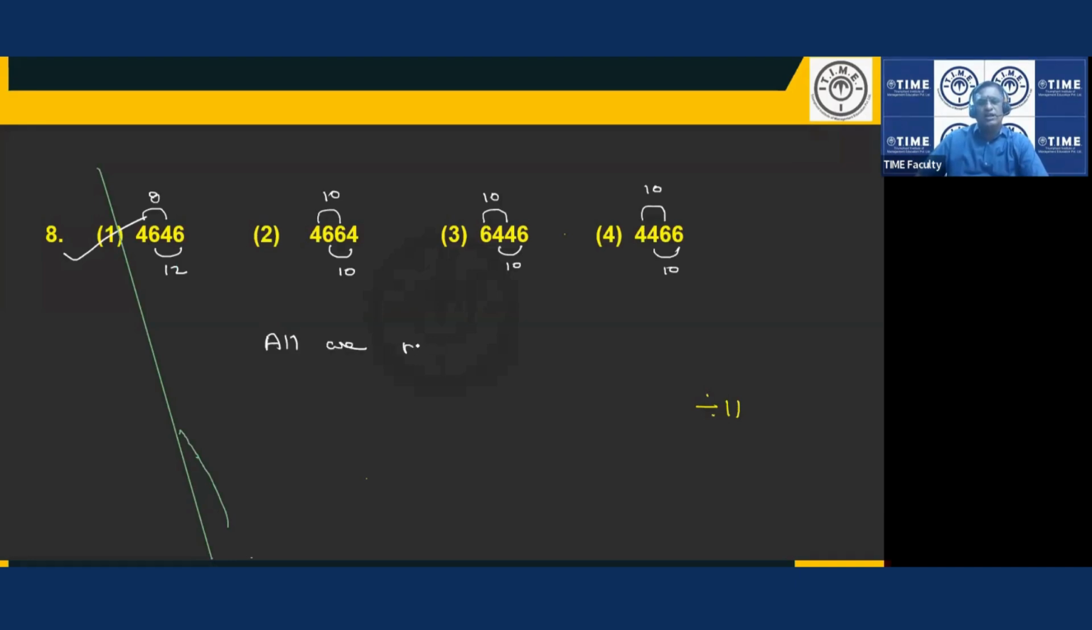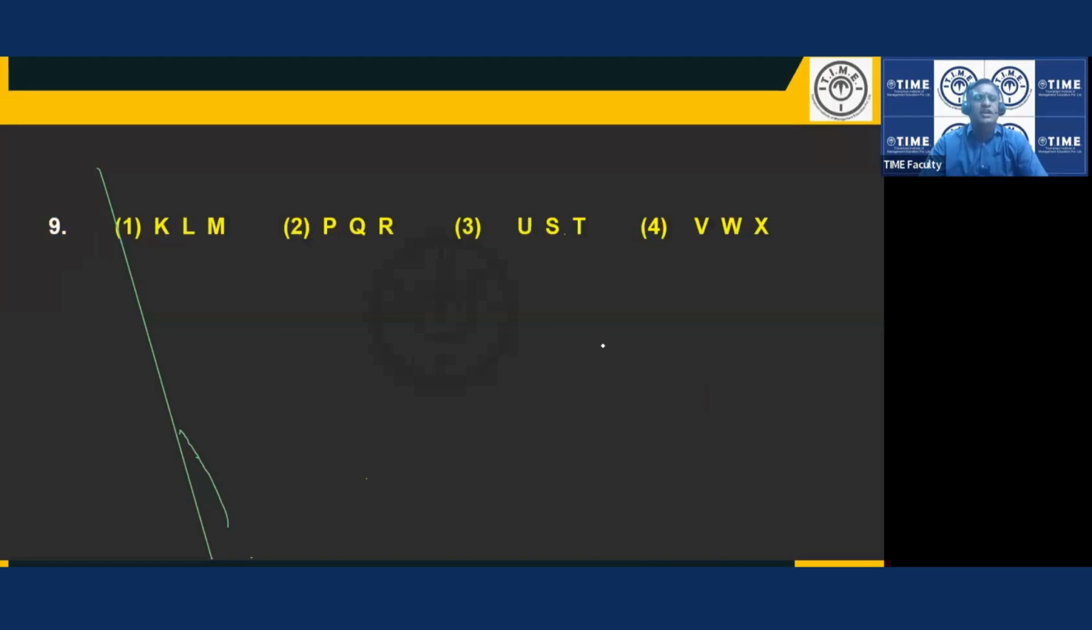All are multiples of 11. Multiples of 11. Option number 1 is correct. Next, KLM